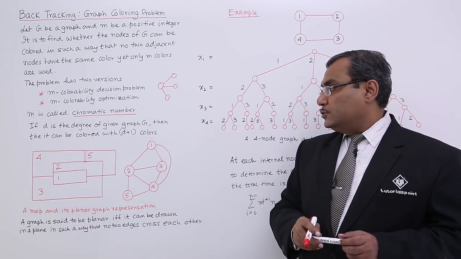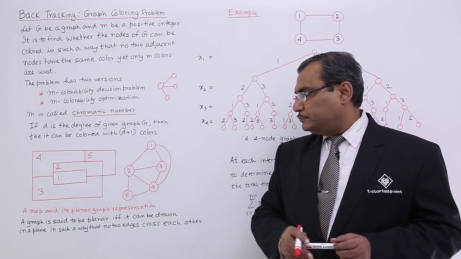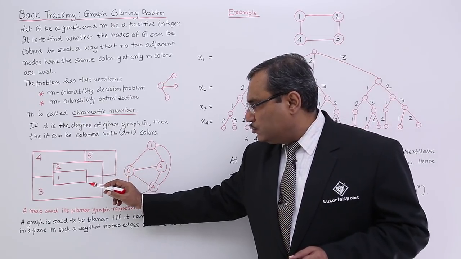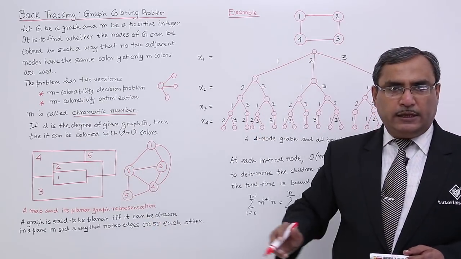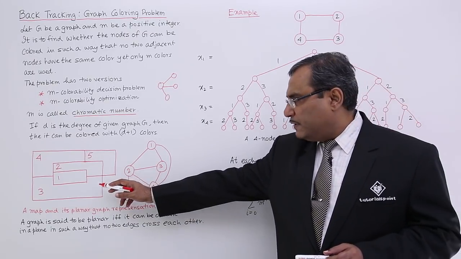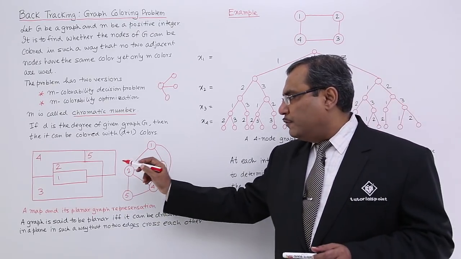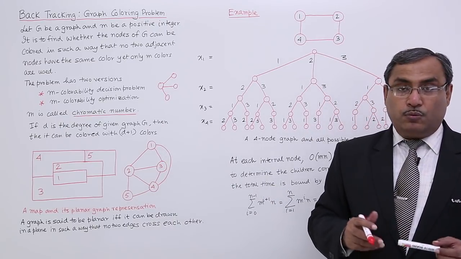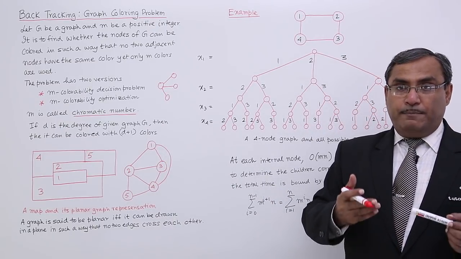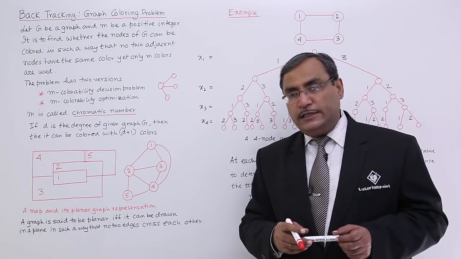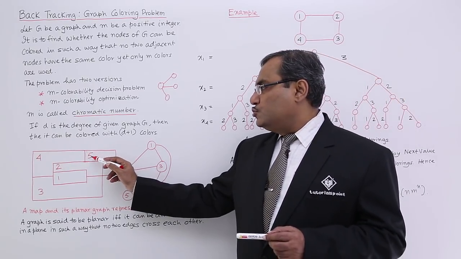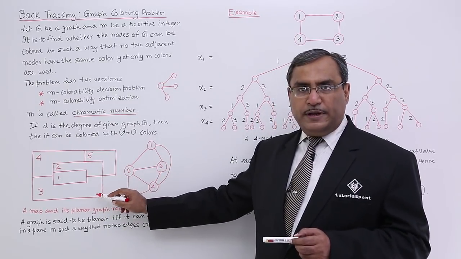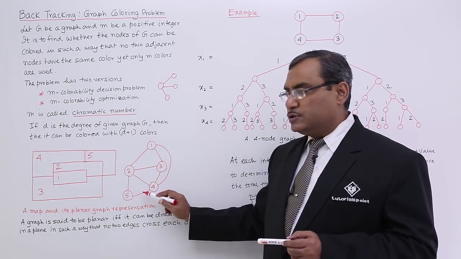Okay. So, now this is a map. This map has got 1, 2, 3, 4, 5 regions. I think you are getting it. The map is having 5 regions, and I am converting this particular map to a planar graph. So, how do I convert a map to a graph? It can be done in this way. For each and every region there will be one node. So, 5 regions are there. So, that is why 5 nodes are there.